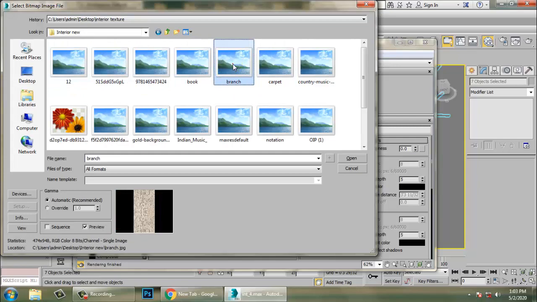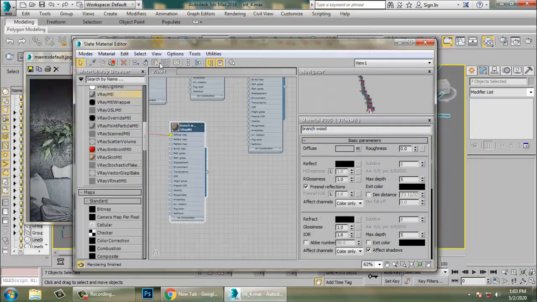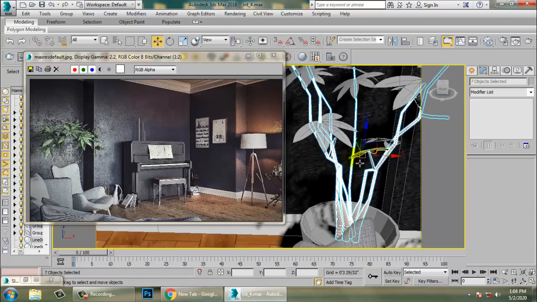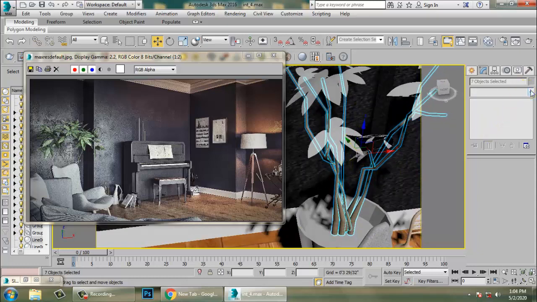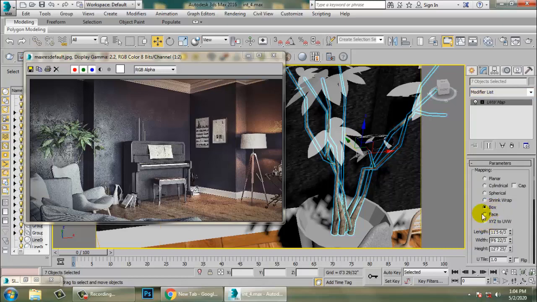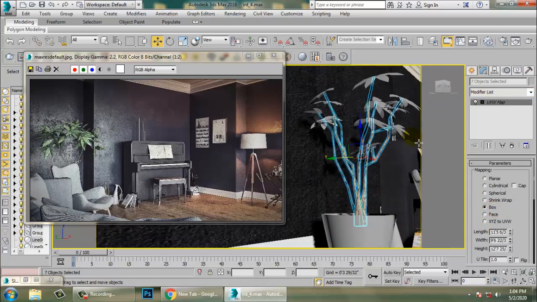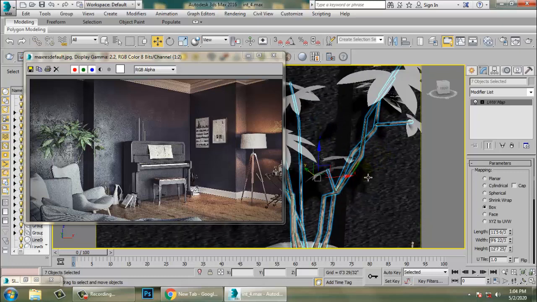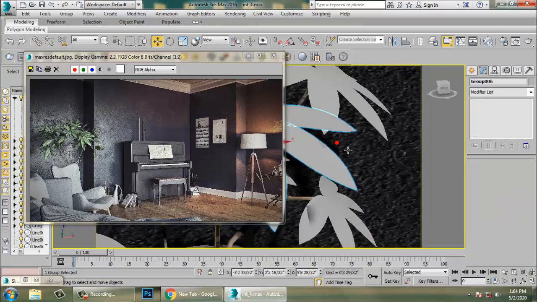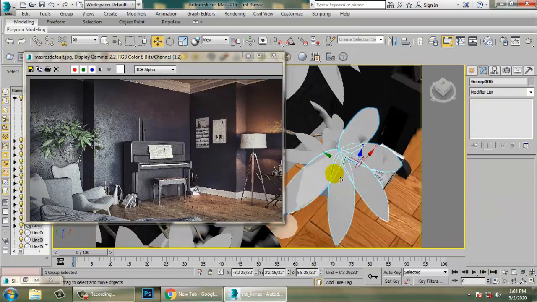Okay, so that's what your branch texture is. If you want, you can definitely unwrap it. And let's go into the UVW map and give a box over here for that. Select this over here.